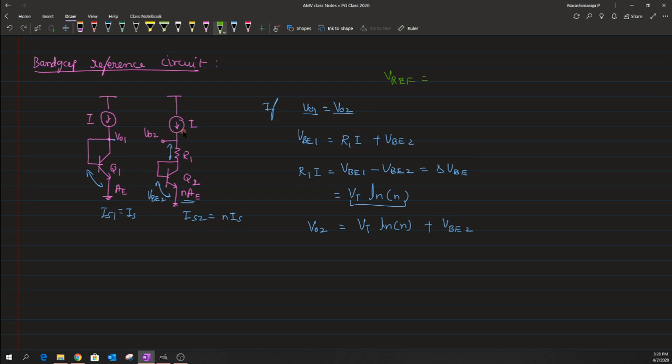So, in this case V reference was written as alpha 1 times that of VBE plus alpha 2 times that of delta VBE, and we know that this delta VBE could also be written in terms of Vt into ln of n factor, and this is what we have here. Okay. So, clearly in this, while trying to evaluate this factor of VO2, one could see that